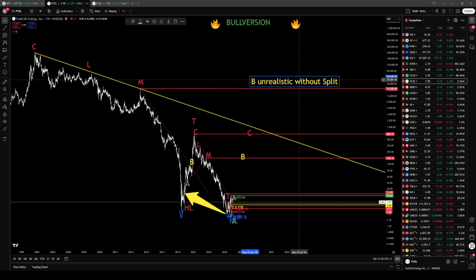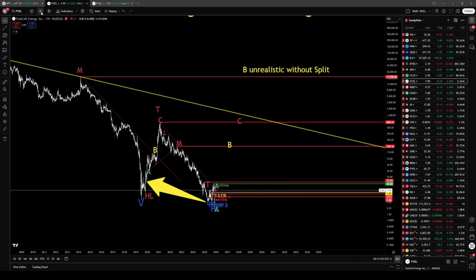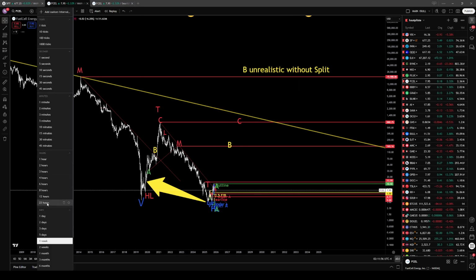So don't wait for $19,000 a share. Won't happen. With a split, okay. But even if you have shares and options, this split will most likely fuck you over. For a listed price target, if we go in the daily,